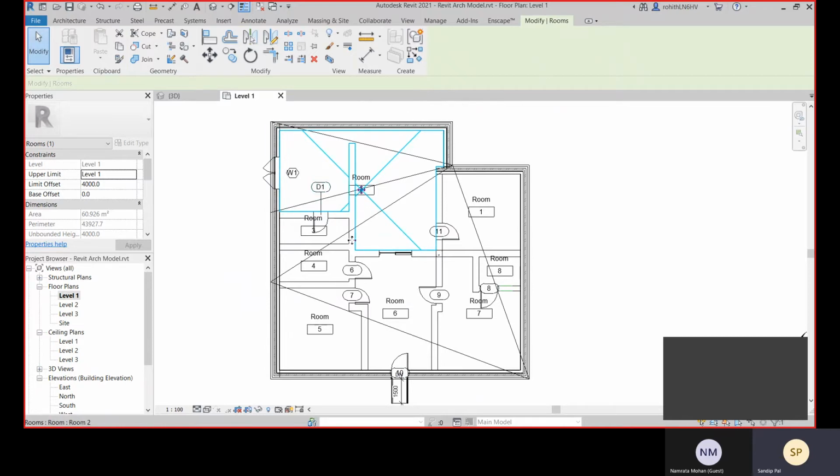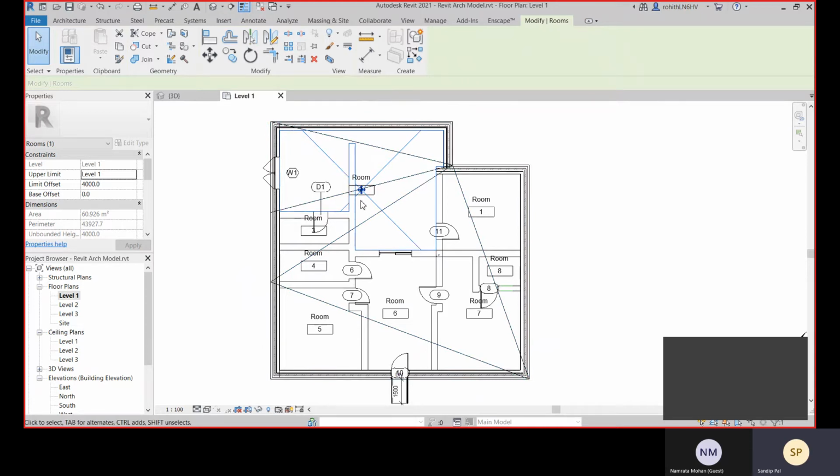So this wall is defining this as a total closed area. That's why this area is defined by this room tag, right? Suppose you want it open, but you want to define this area as one room and this area as another room. So how can you do that?